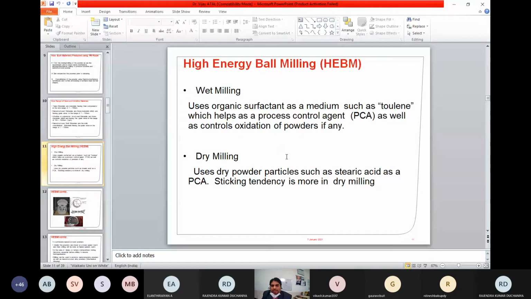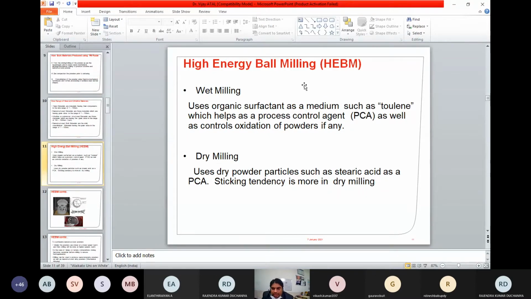So this particular, as we spoke about alloying and all, how can this be achieved? This can be achieved by using a high energy ball mill. It is called a high energy mill because it transfers high energy from the balls to the powders. Here the mill consists of a vial and a balls to powder ratio. A lot of parameters are there.